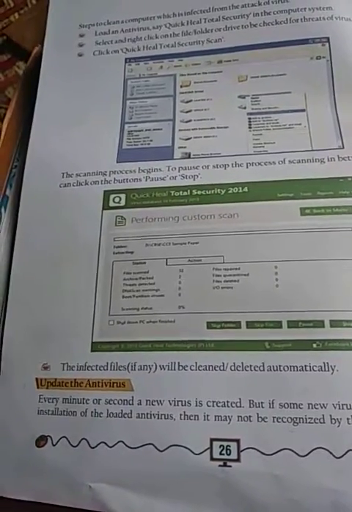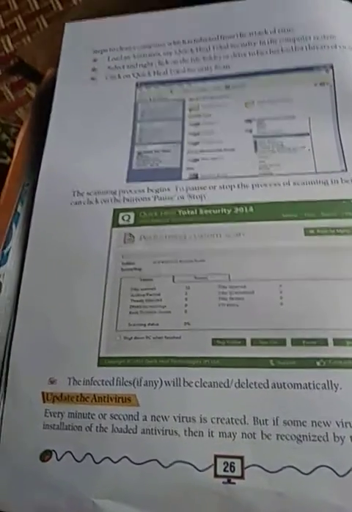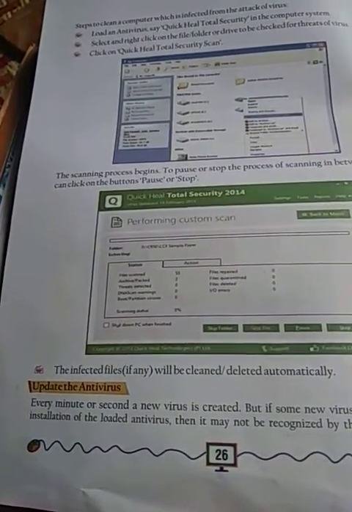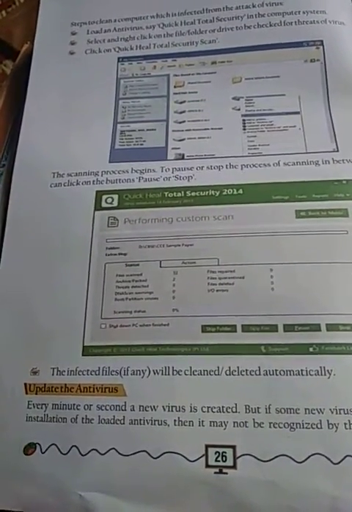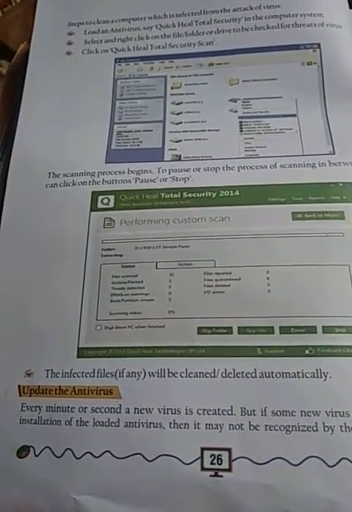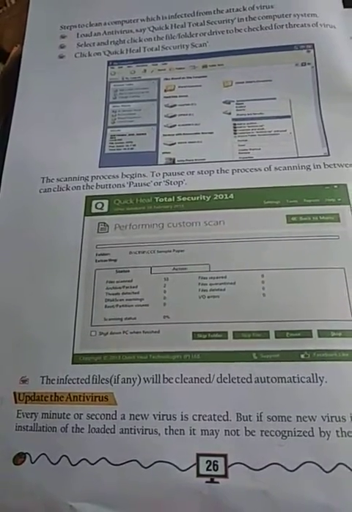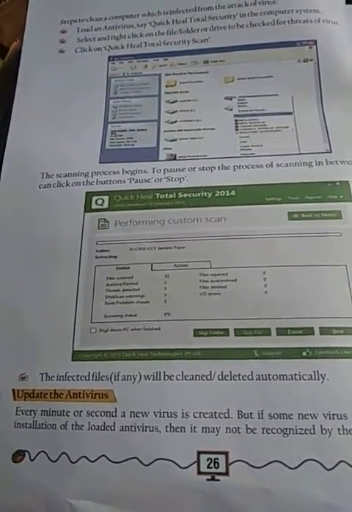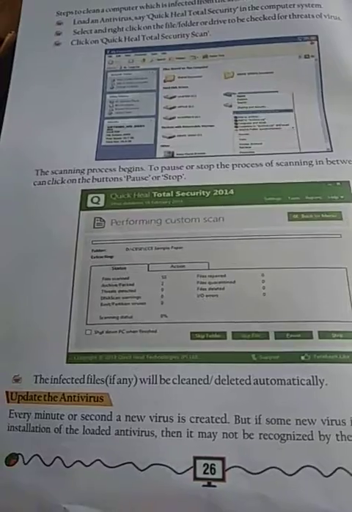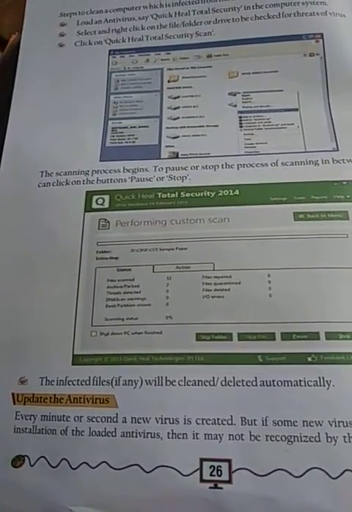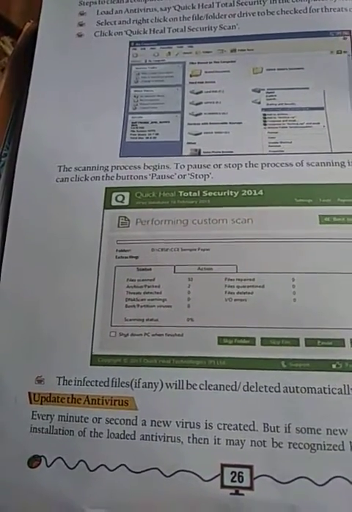Now various updates are available for antivirus. What happens, children? New viruses keep on coming, and old antiviruses will not be able to track the new viruses. So updates are available in the market for the prevailing antiviruses so that they are updated and they can track the new viruses and even clean them and protect your PC from the new viruses.